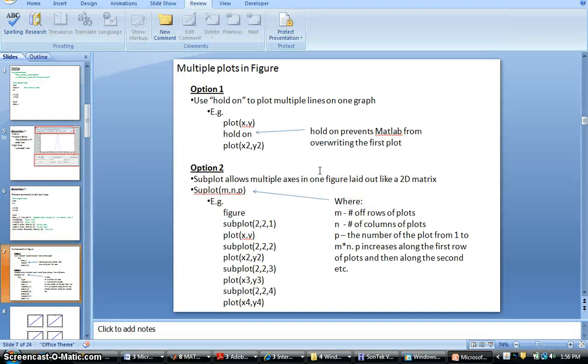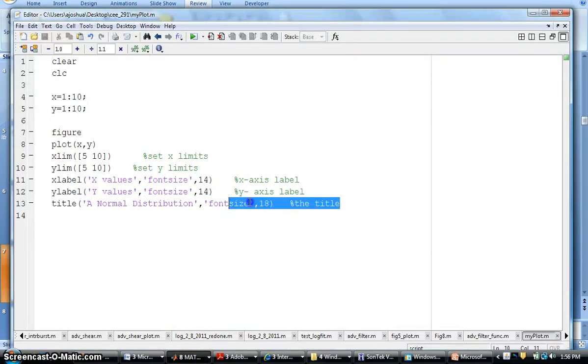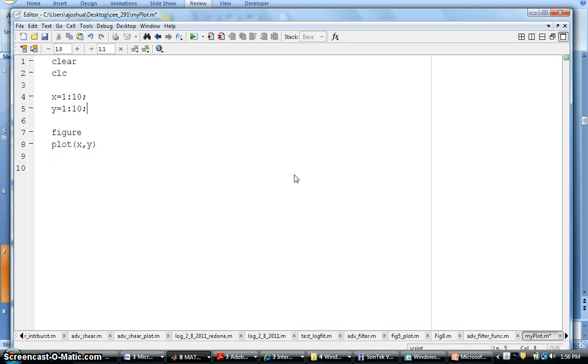So next, let's go over how to plot multiple graphs in one figure in MATLAB. So there's a couple of options. The first option is if you want to plot multiple lines on one graph, you must use this hold on command. So you do your first plot command, you'd say hold on, and then your second plot command that you want to plot. This hold on prevents MATLAB from overwriting the first plot. So let's try this. So maybe we can delete all of these options for now. And then we must create another vector